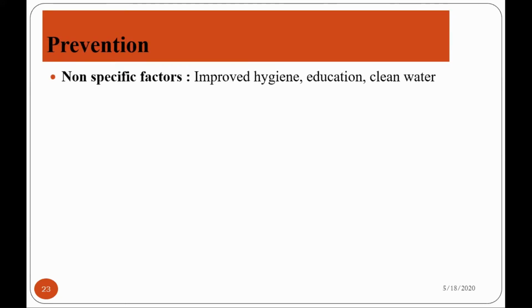For prevention, there are general factors. The first thing is we have to improve our hygienic conditions. One should wash their hands properly, and when cooking food, vegetables and fruits must be washed properly and cooked properly before consuming. At the community level, proper health education and awareness against rotaviruses must be given to the general people, and consumption of clean drinking water is important to prevent ourselves and our community from these.